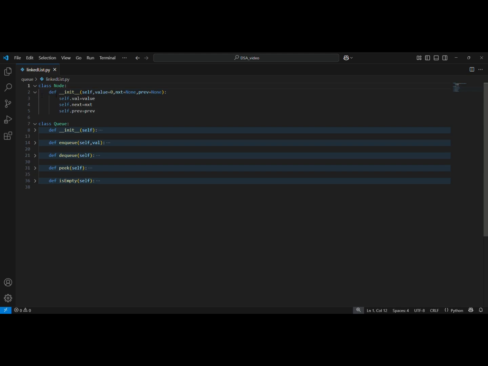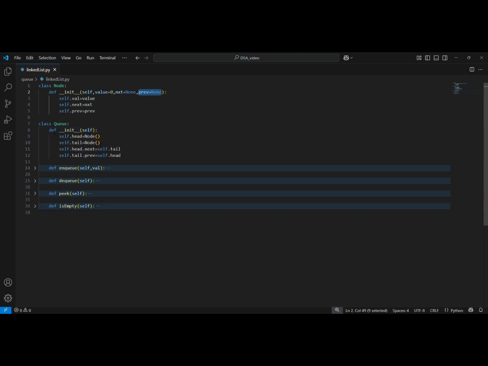So we have a class for node. The constructor is going to take the value, defaulted to 0, as well as the next pointer defaulted to None, and the previous pointer defaulted to None. For our queue, our constructor is going to consist of our head sentinel node, our tail sentinel node, and then the next for head is going to be tail, and then the previous for tail is going